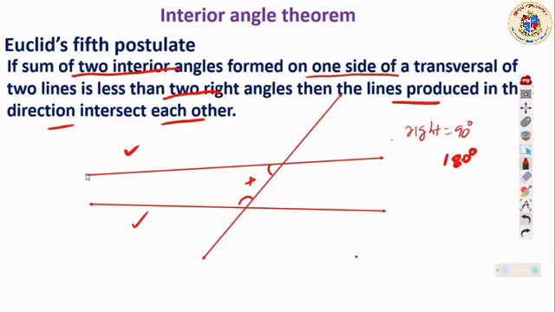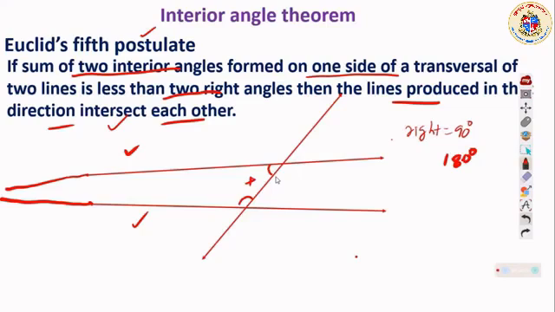if produced, meaning if you take them forward, I am taking it roughly, it is guaranteed that they will intersect each other. This is the fifth postulate. That means if it is 180, it will not intersect, and then it will be parallel. That time the postulate did not say that, but that is the sense of it. If it is exactly 180, it won't intersect. If it won't intersect, we call those set of lines parallel lines.